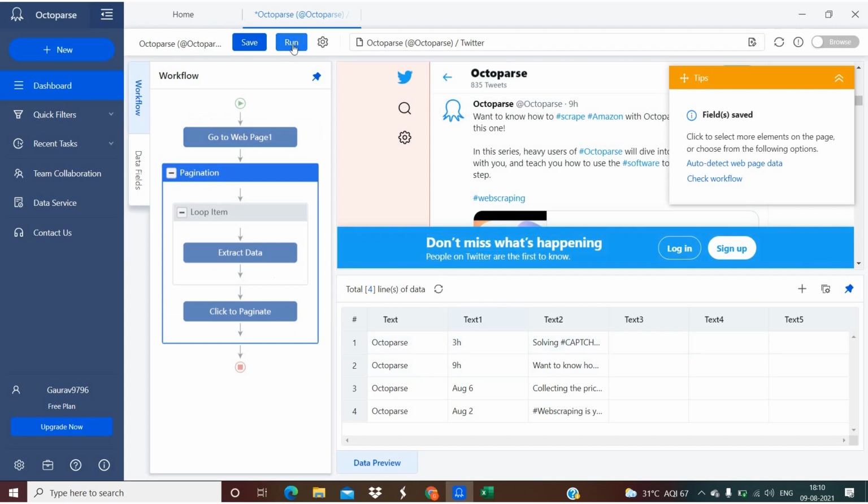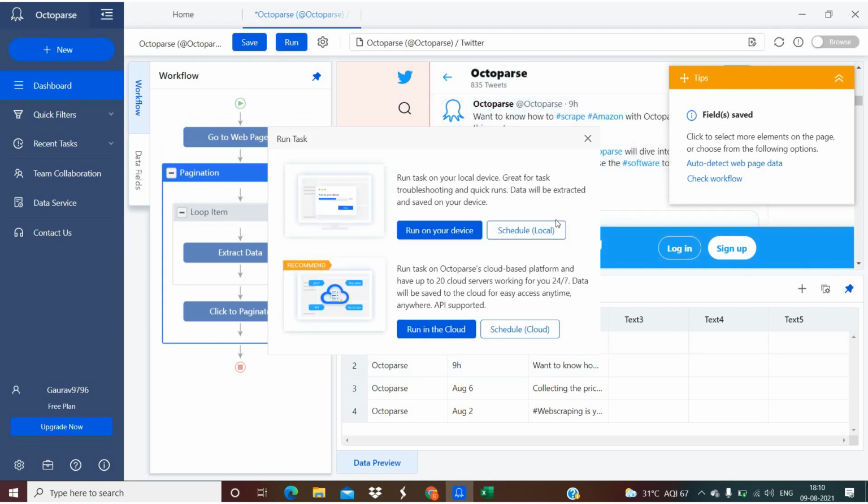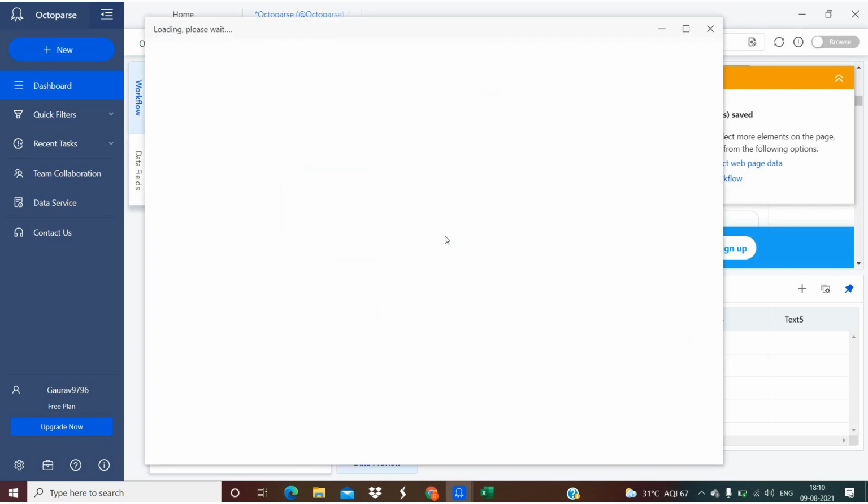Next, we are going to run the software. Here you will get two options. You can either run it on your device or run it in your cloud. I'm going to run it on my device.